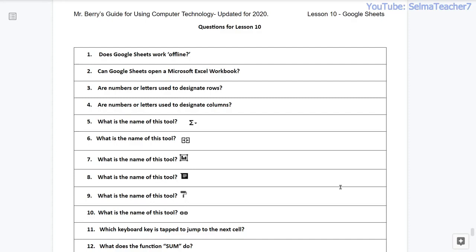Question number 3. Are numbers or letters used to designate rows? Question number 4. Are numbers or letters used to designate columns?